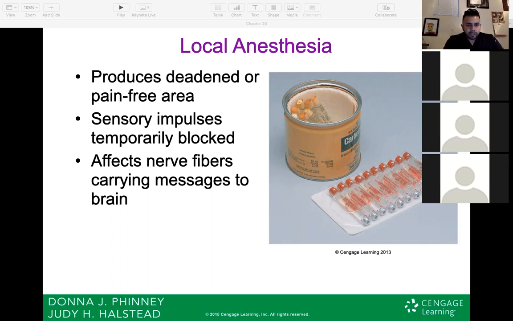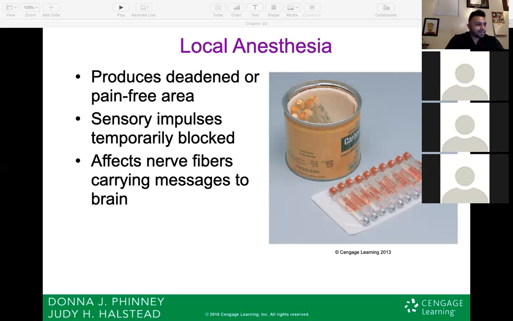That's how that works there. And this produces a deadened or pain-free area. Again, the sensory impulses are temporarily blocked, so there's no sensation at all. And this affects the nerve fibers that carry messages to and fro, to the brain and from the brain to the sensory